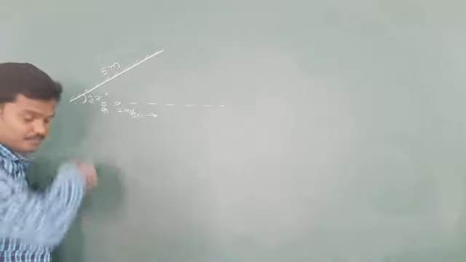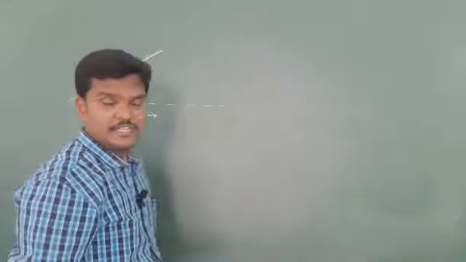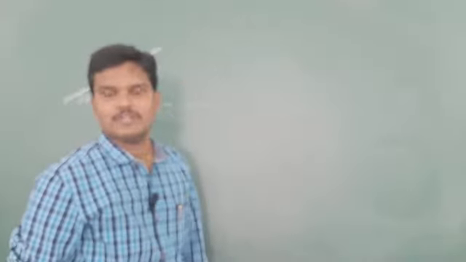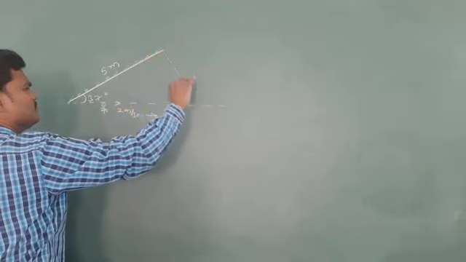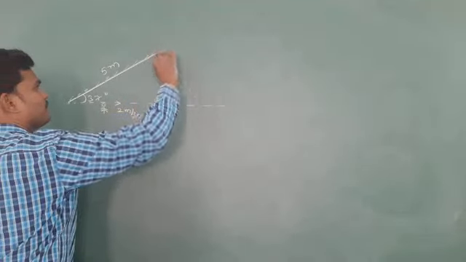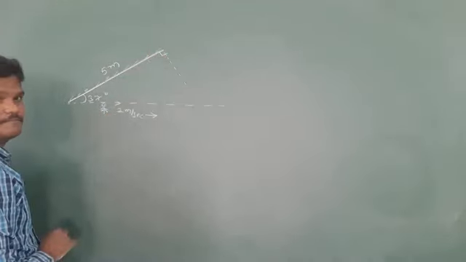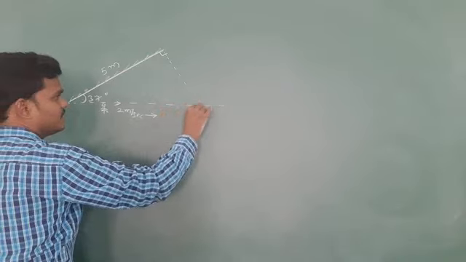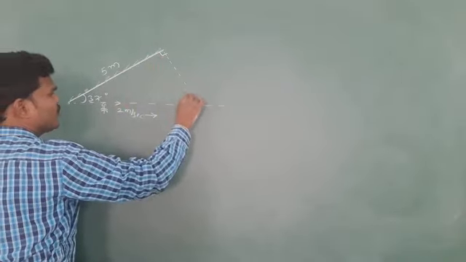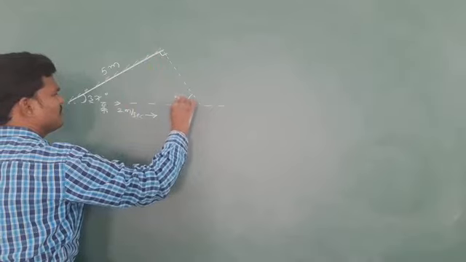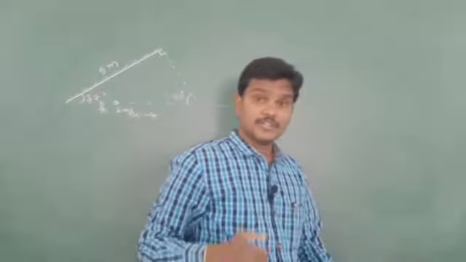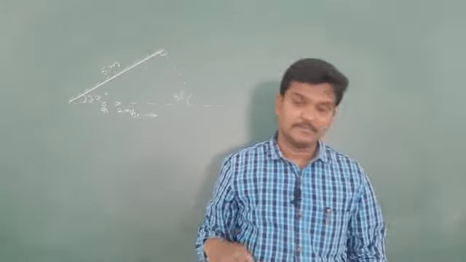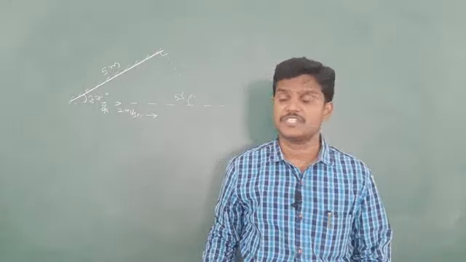Anyhow, to see the image, generally we have to drop a normal on a plane mirror. Here this is the normal. They mentioned 37, this is 37, and this is 90, so how much is this value? 53. So what is the question here? Write down the question: find out the time after which